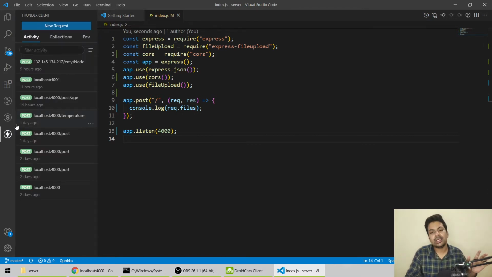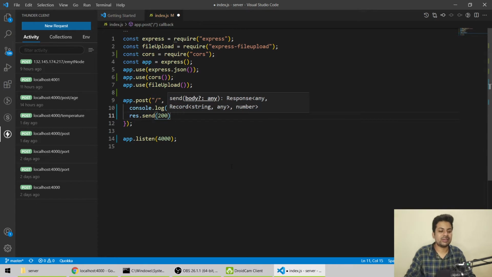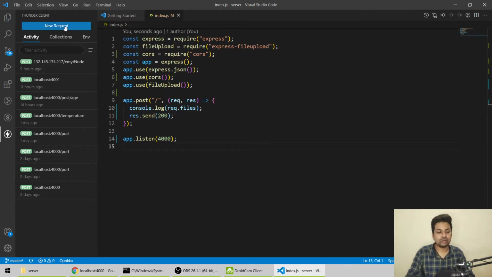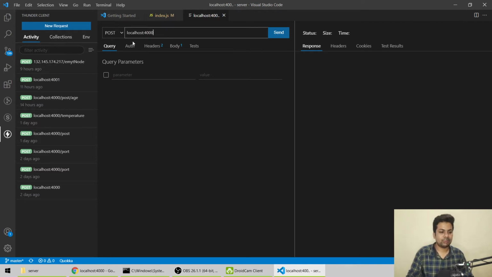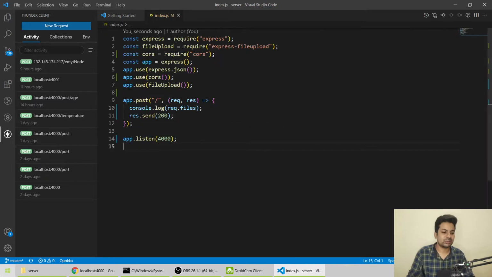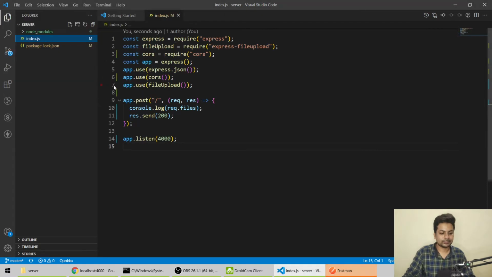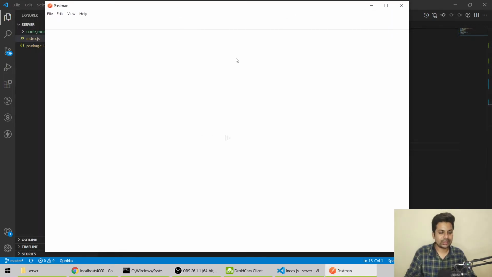Thunder Client is like Postman, and you can use it in VS Code only, and it's lightweight, so I'd suggest using it. But let me go with Postman only, because you are used to Postman, otherwise you will get confused. Postman is opening.